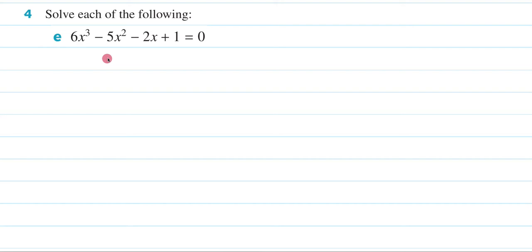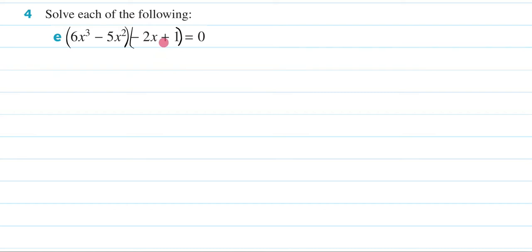So the shortcuts are, can I take a factor out of this? So 6, 5, 2x, well, there's clearly I can't take a factor out of all of them. Could I group them together? So could I group these and then take out a common factor? I mean, I could take out a common factor of x squared here. I could take out a common factor of 1 here, but if I was to do that, hopefully